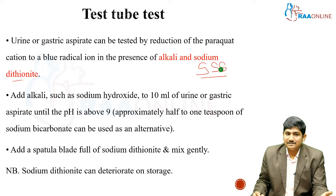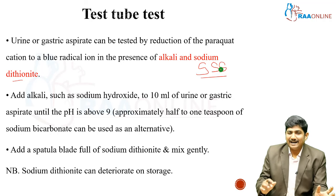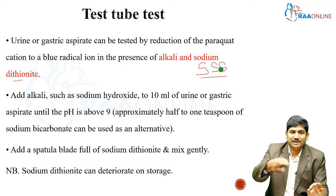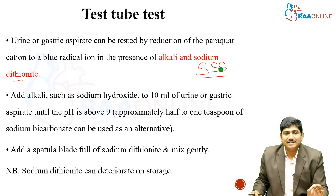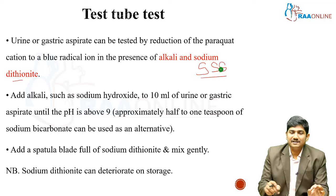So add the alkali such as the sodium hydroxide to 10 ml of urine or a gastric aspirate until the pH is about 9. So approximately half to 1 teaspoon of sodium bicarbonate. We just take 1 teaspoon of soda bicarbonate and we'll start mixing with the urine. That's all it is. And some small spatula blade of sodium dithionate, and we'll mix that gently and we'll wait